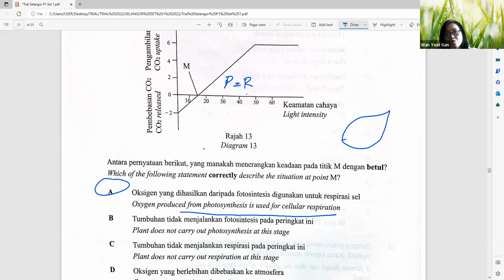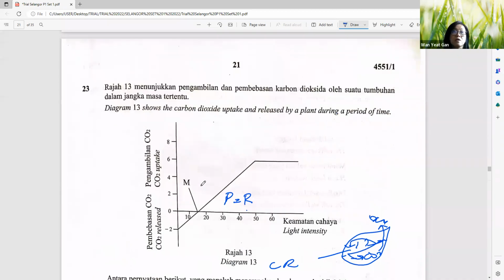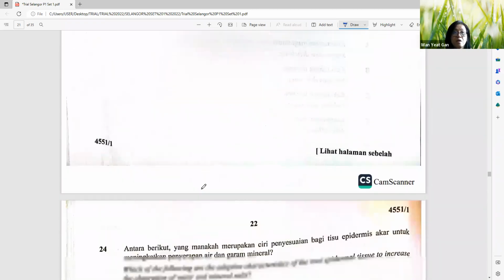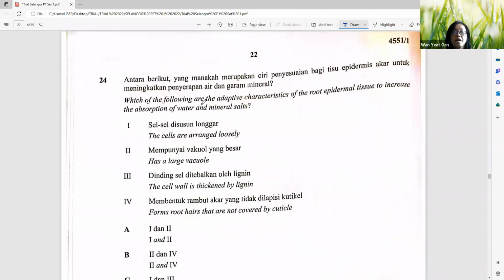Now, this occurs usually during low light intensity, when whatever oxygen is produced by the leaf is not released out, but instead is used for its own consumption in cellular respiration. And the cellular respiration will produce CO2, which is then used back by the leaf for photosynthesis. Answer is A. Number 24, which of the following are the adaptive characteristics of the root epidermal tissue to increase